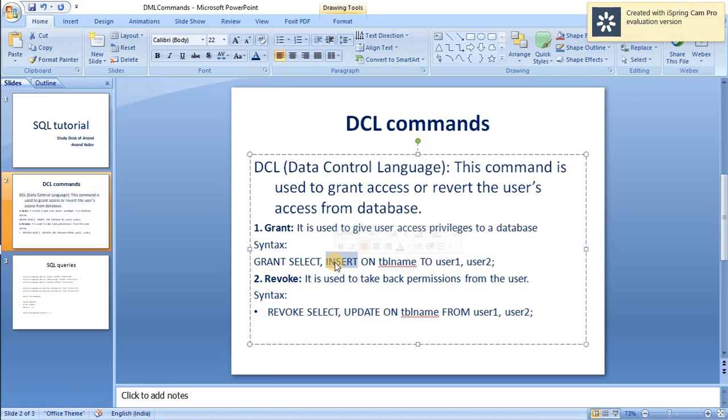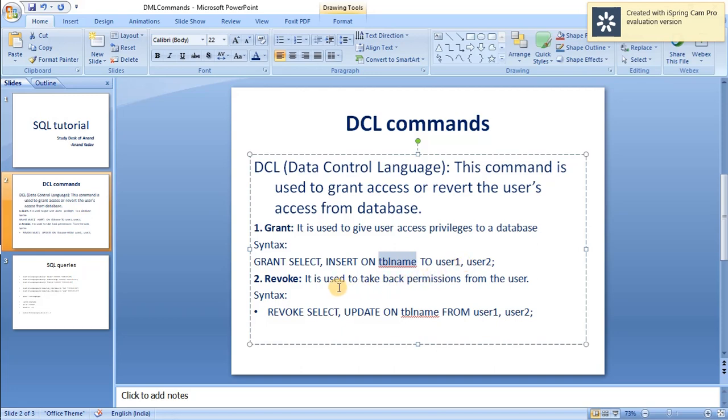He cannot update or delete the information that he has added. If he wants to do that, he should contact the admin. And on is a keyword, followed by the table name on which we want to give permissions to user 1 and user 2. You can give multiple users permission at once by separating them with a comma.